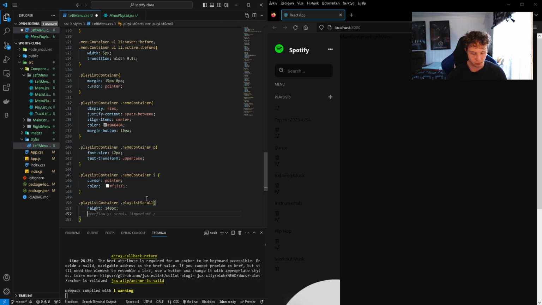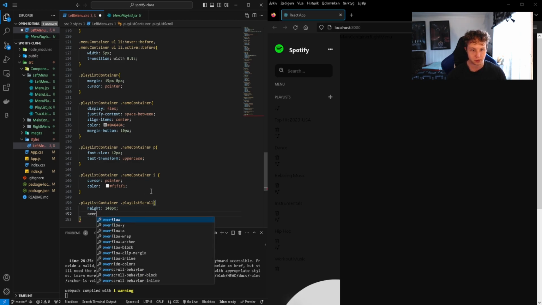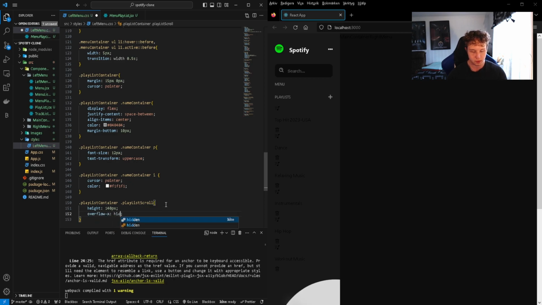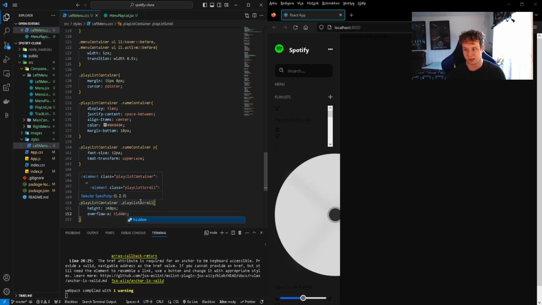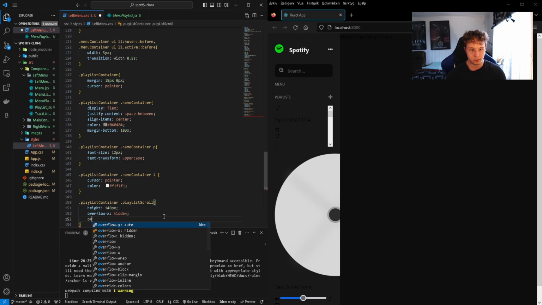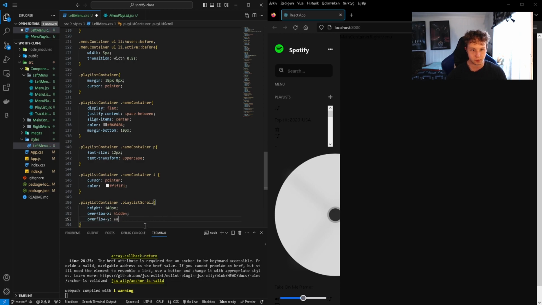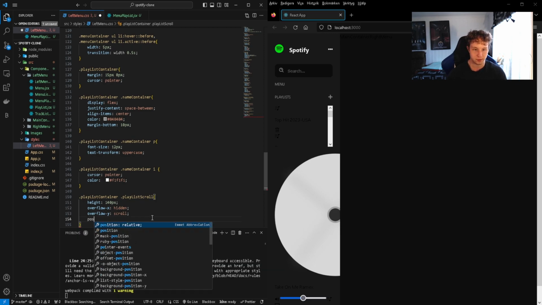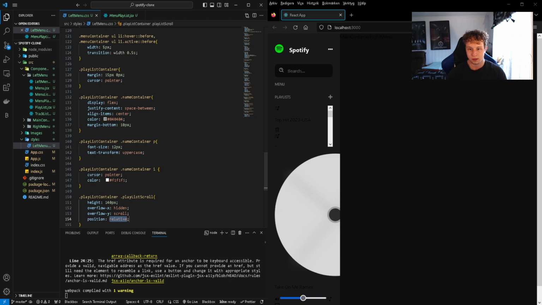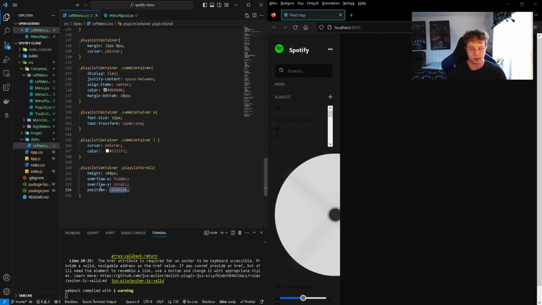We also want to have an overflow of X hidden, so we don't have a scroll bar at the X-axis. But the Y-axis, I think it's fine. Yeah, nice. That's actually great. Very nice. And the overflow on the Y-axis is going to be a scroll, just like that. And we want to have a position relative here as well. Nice. And now we want to